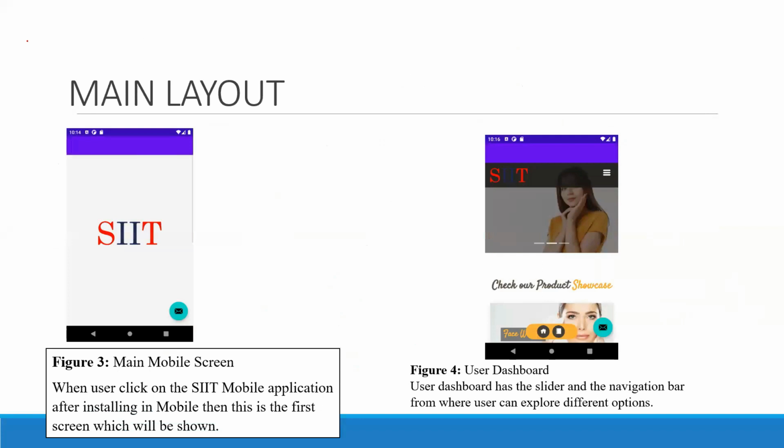And see, this is the main layout. The second sprint. See, this one is the activity XML file. The first one is the activity XML file, that means the mobile screen basically. When a person clicks after the installation, the first view will be like this: SIIT. SIIT is the abbreviation of my application. And after this,